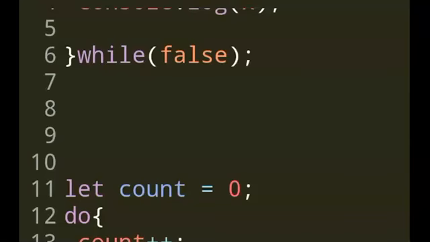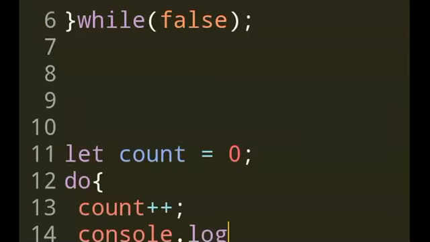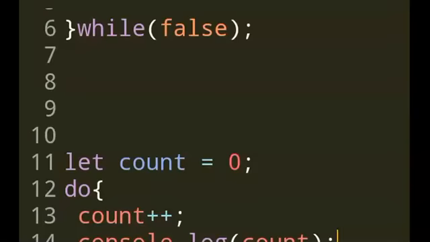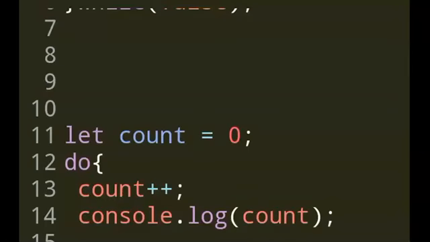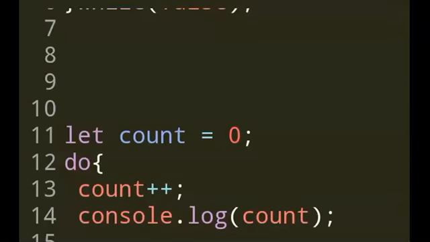As before, we just do console log count. And then what is the condition? While count less than, let's say, 5.